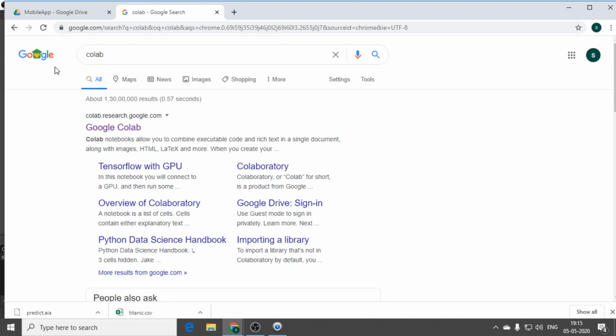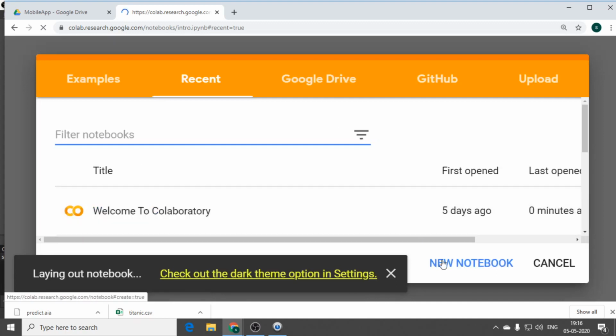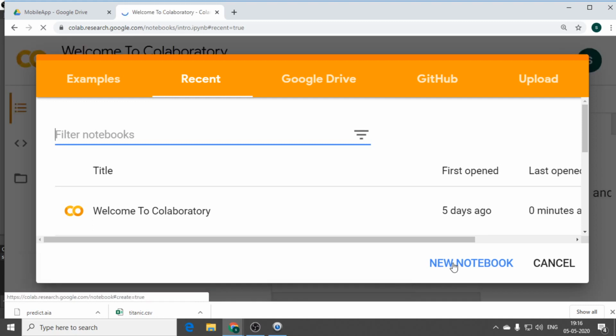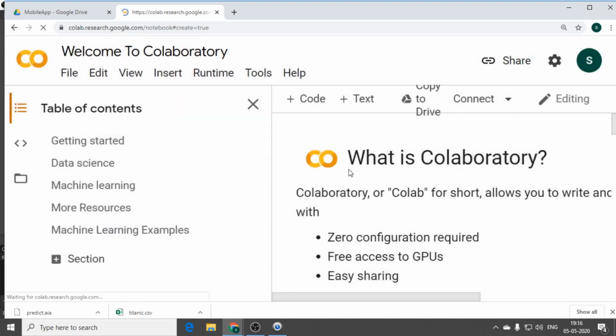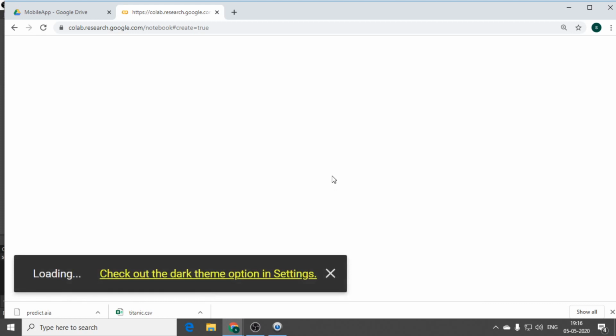So here we are using the .aia file. Open Google Collaboratory and click on new notebook. You observe it clearly, you will understand. Just try to follow it instead of telling no and anything. Yes, open a new notebook.